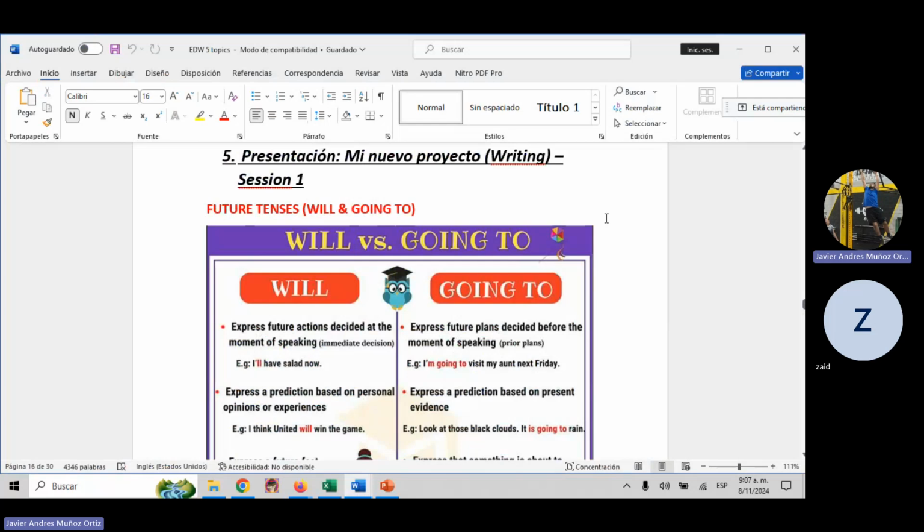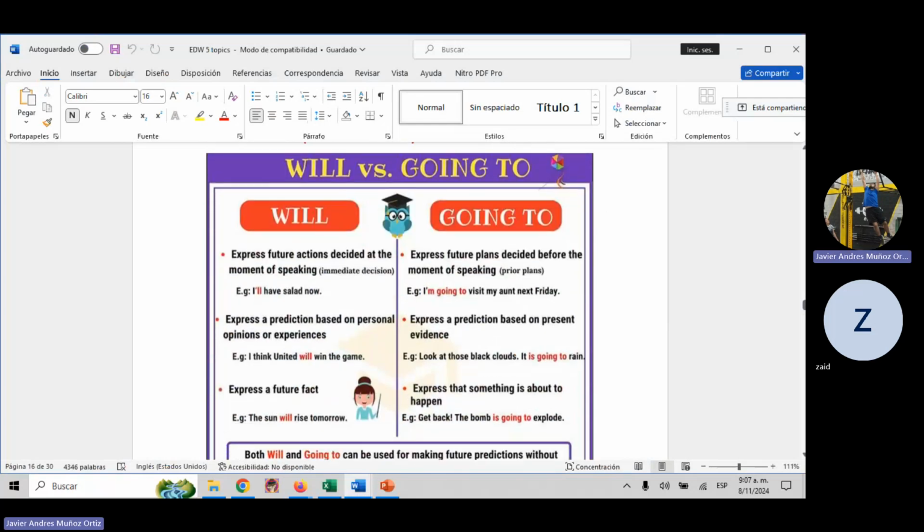So to talk about futures, we have many possibilities, because we can use simple present tense, present progressive, future with will, future going to, and these are simples because we also have a future continuous, a future perfect, future perfect continuous, and we also have passive voice, because all of these are in